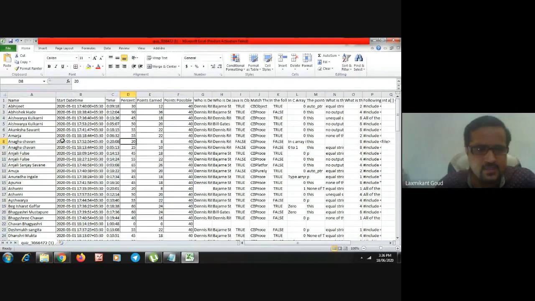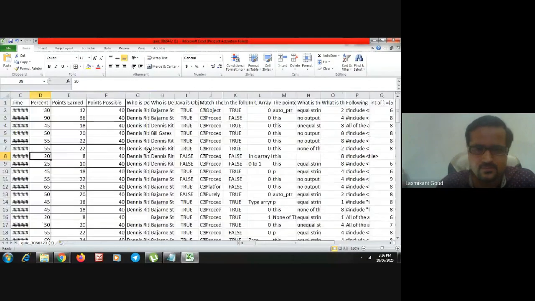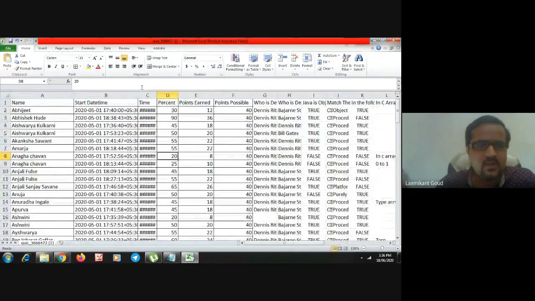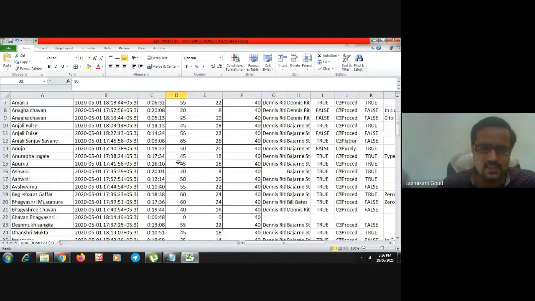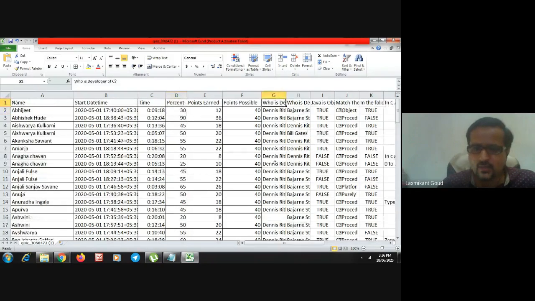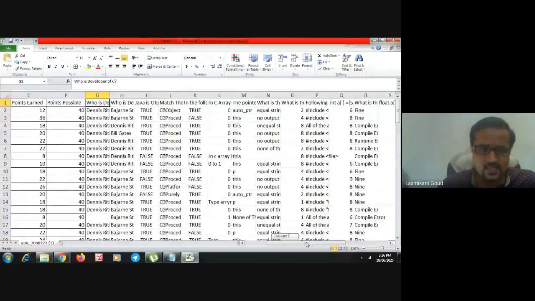Now you can see the name of students, date, time, how much percentage he earned, the total number of points, that is marks, and points possible 40. So out of 40 he got 12 marks, and the percentage. Like this you can see the result of all the students, and here you can see their answers also.